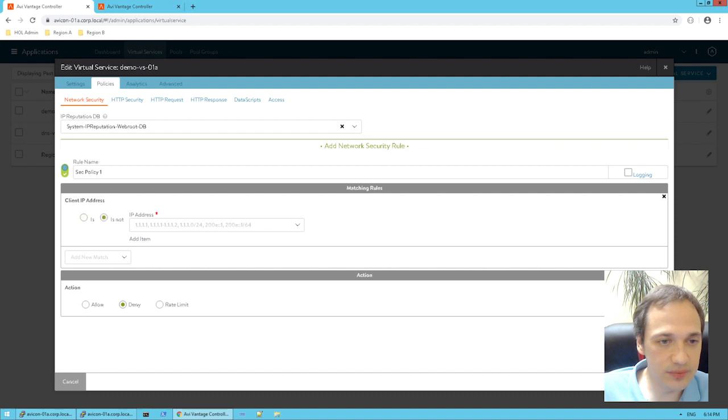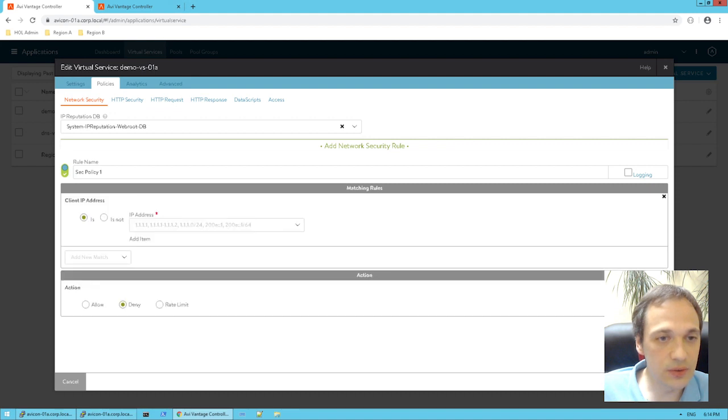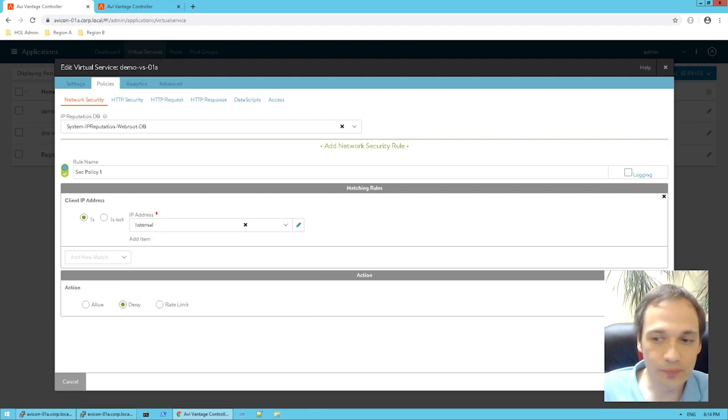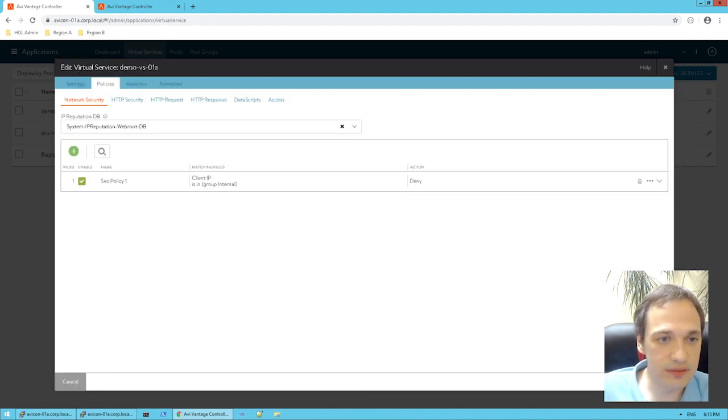So it will actually not allow to deny all traffic. So let's deny an internal group. Again, this will match the internal IP group, which has all the internal addresses. Click save